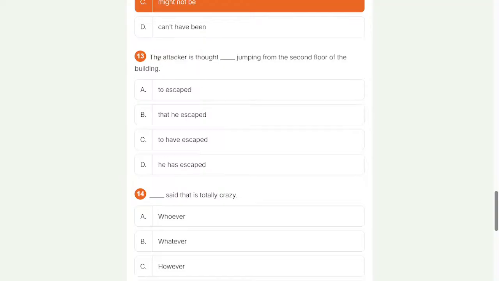So the attacker: subject plus be plus thought to have escaped.